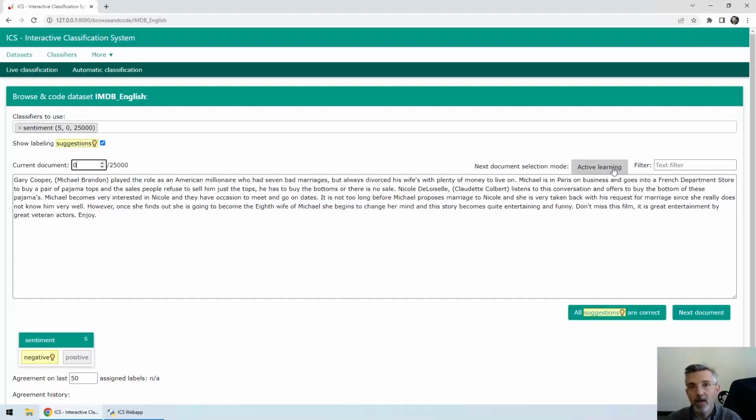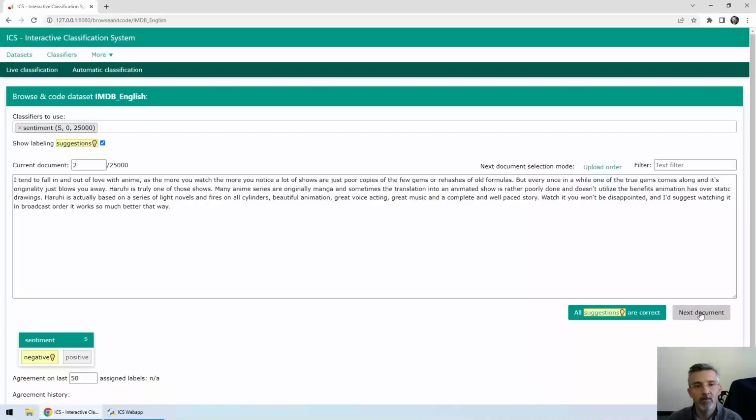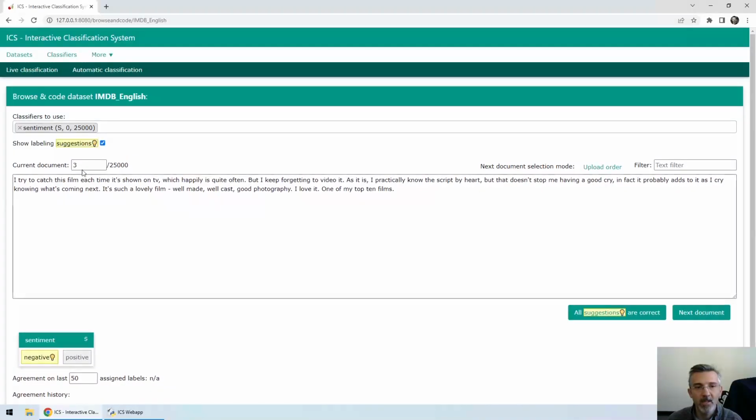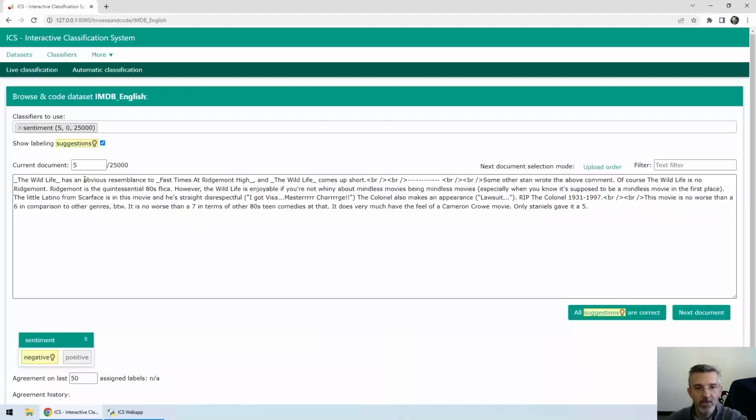If you follow this browsing mode, any label that you assign to a document gives information to the machine learning algorithm on examples that are hard to classify. So the idea is that you provide valuable information to the model. But you can go on and follow, for example, the upload order, and whenever you click to ask for the next document, you see that what is increasing here is the number of documents. You just progress one after the other